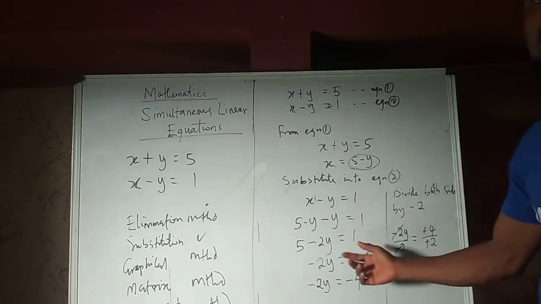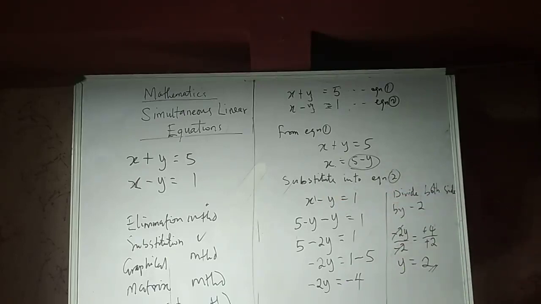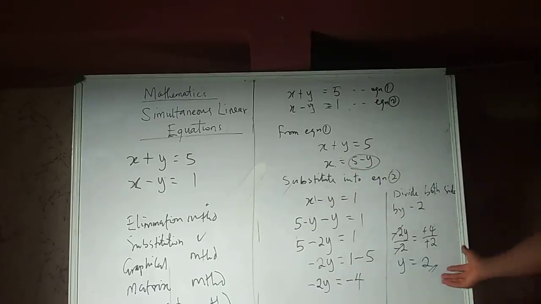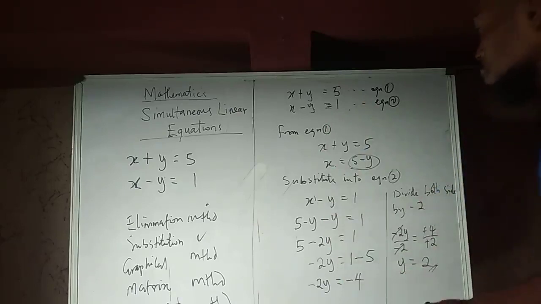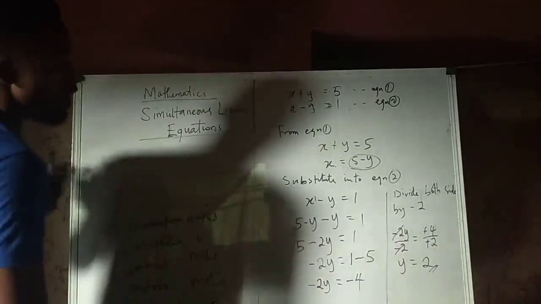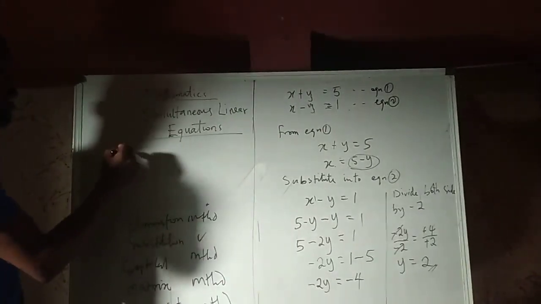Now this is solving using the substitution method. Don't forget, this is where we substituted. Okay, now we have gotten the value of y, so we can go back to looking for the value of x. All we need to do is what we did previously. Okay, since y is 2, just take note of this. Let me do it this way. Since y is 2, all we are going to do is